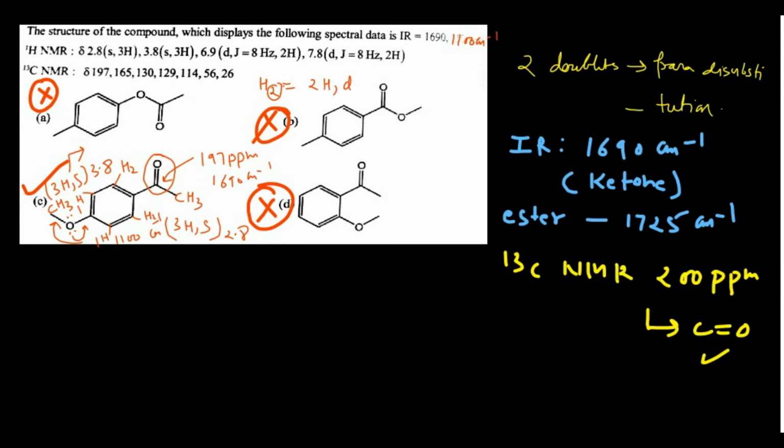Downfield means somewhere around 7.8. And for H1 kind of hydrogen, you will get a 2 proton doublet, and that would be upfield, that is 6.9. So this is how you can explain this problem, but again it is a very easy and a very simple problem. Now moving to the next problem, what it says is that